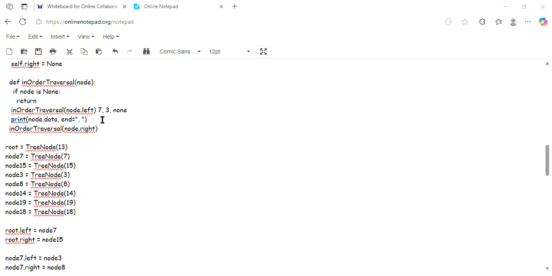After traversing, when it becomes none, it returns, and then the node dot data becomes 3, and it goes back to the previous step, 7, and then